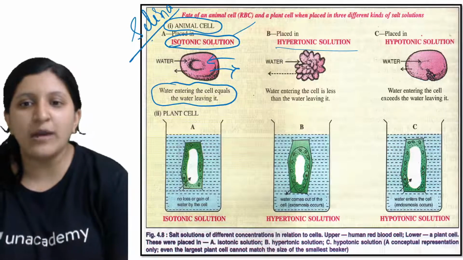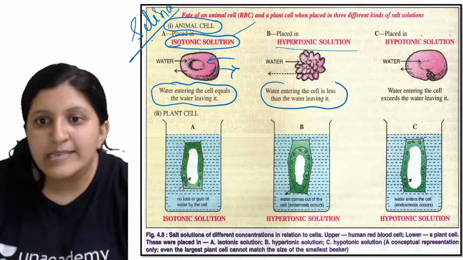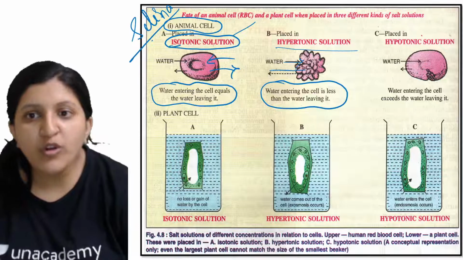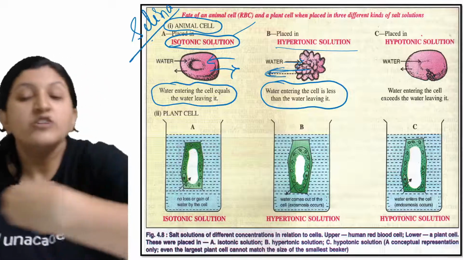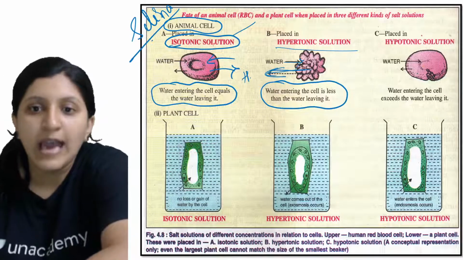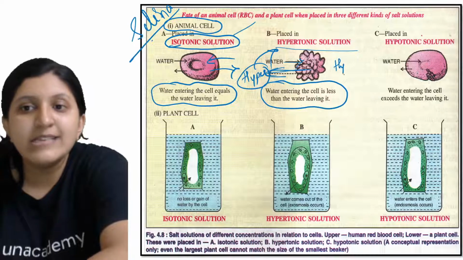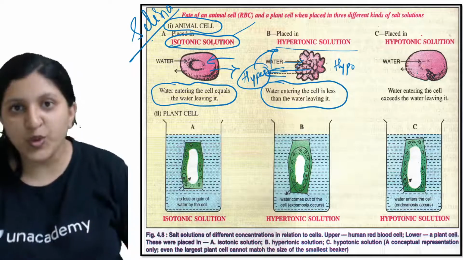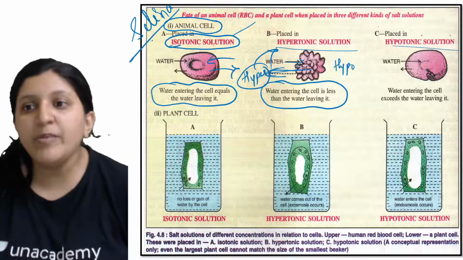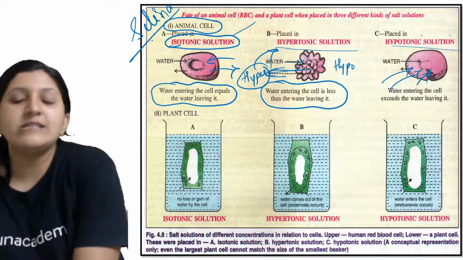So this is with respect to RBC. Now you can see that the water entering the cell is less than the water leaving it. So water is not entering, a lot of water is actually leaving it. That is mainly because the surrounding condition is hypertonic. We have kept it in a hypertonic condition and the cell is hypotonic, so you can see the exit. That means all the water starts to come out. Now, when we mention a hypotonic solution, there is more water movement inward, and that's the reason the cell is going to swell up.